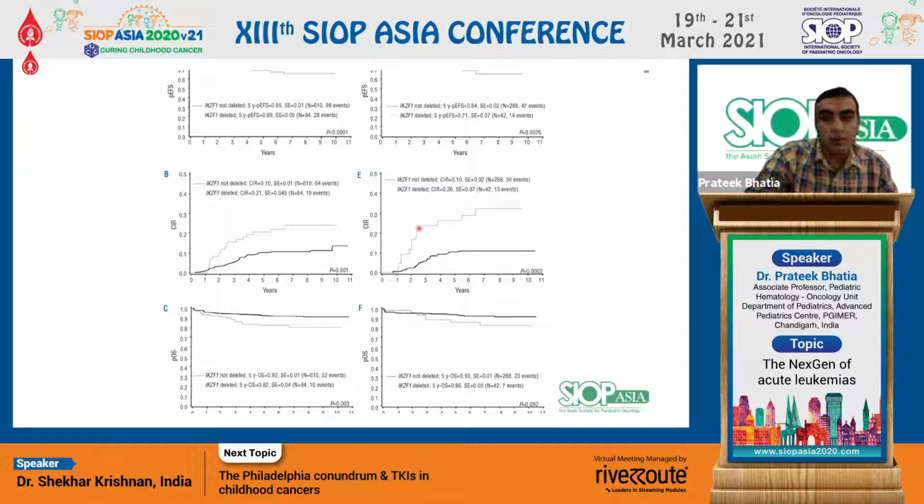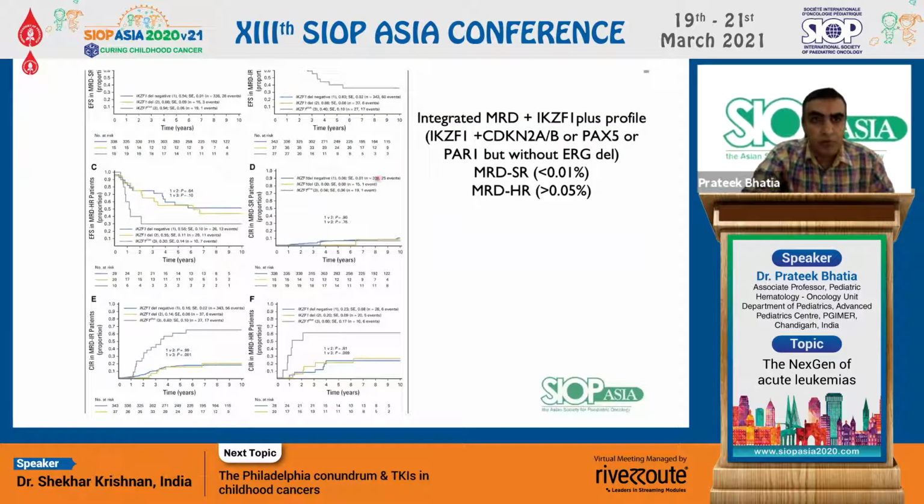this could be accounted for partly by this being seen more in cases of pH-like or pH positive. But if we use multivariate analysis, IKZF1 still stands as a candidate which has a relative risk of 2.2 of leading to an event in B-ALL. What was more important is what has recently been described with IKZF1 in a paper in 2018 by Stanulla et al. And this was an IKZF1 plus profile in B-ALL.